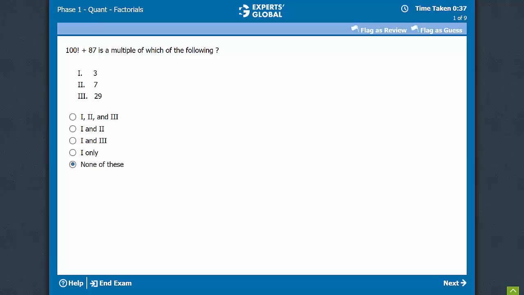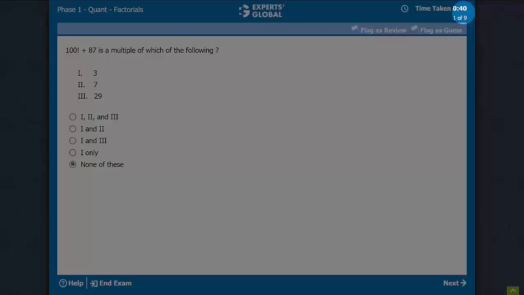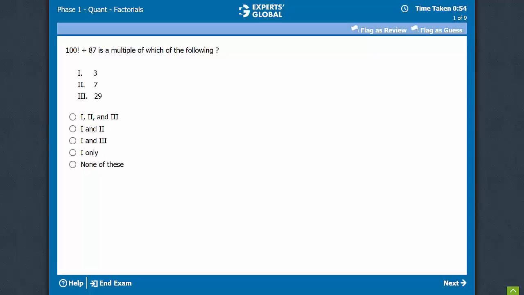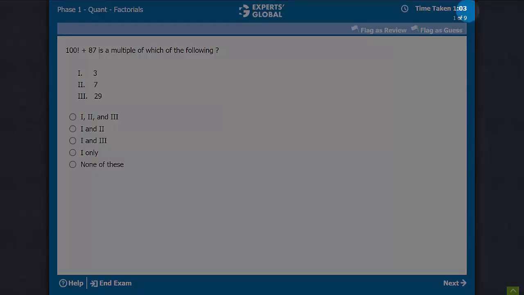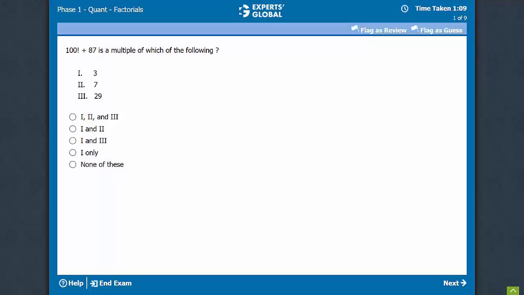Another very interesting feature that we have developed in this software is, look at the timer. On the GMAT, you get 120 seconds on average per quant question and 110 seconds per verbal question. Therefore, when you take more than the average time available on GMAT, the timer turns red. So you know that now you are taking more than the prescribed time on a particular question. When you see this happening over thousands and thousands of questions, you would know how long 110 seconds or 120 seconds are. We want you to intuitively know how long you are spending on a question. This will go a long way in your time management on the real GMAT.